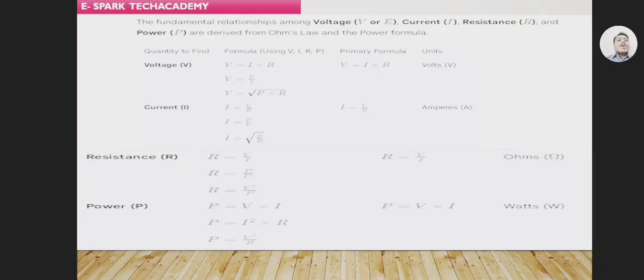V is equal to I into R, V is equal to P by I, V is equal to under root P into R. Current will be I is equal to V by R, I is equal to P by V, I is equal to under root P by R. The resistance will be R equal to V by I, R equal to P upon I square, R equal to V square upon P. Now power will be calculated as V into I, I square into R, V square by R, in three ways. Each quantity has three formulas which will help you solve any kind of problem